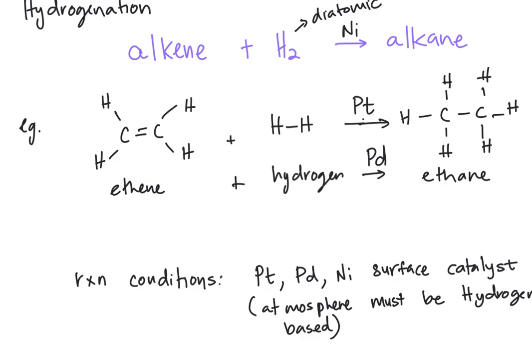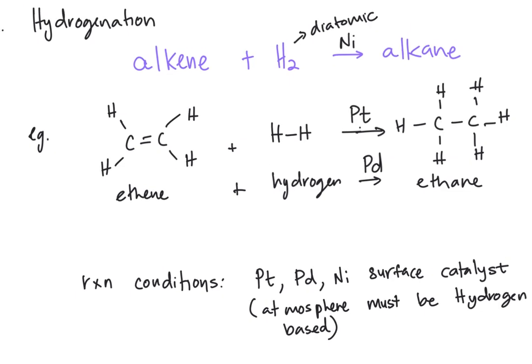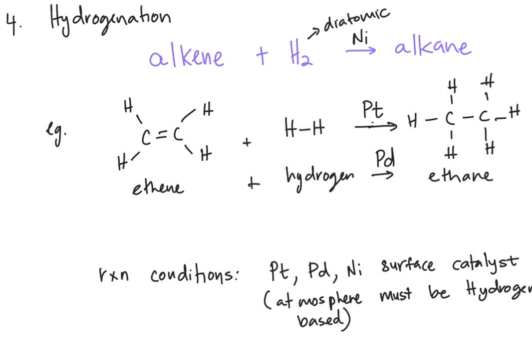So you put the reaction onto a surface, and we did catalyst last year, it actually holds on to the molecules a bit better. It keeps them in the correct orientation so that the reaction can happen in a better way. The other reaction condition that must be met is that it must take place in a hydrogen-based atmosphere for this